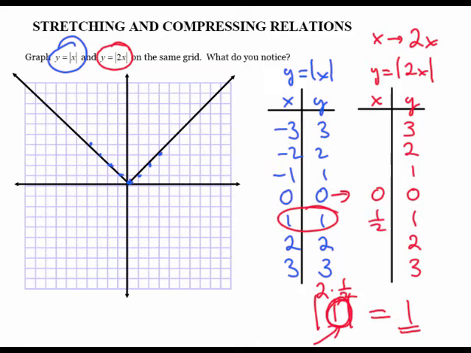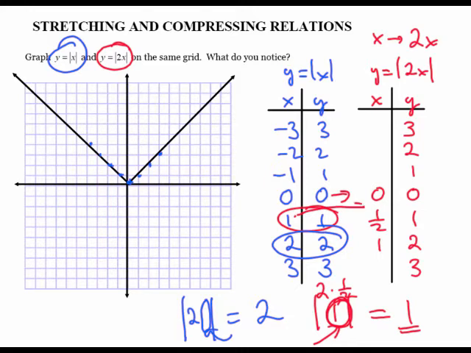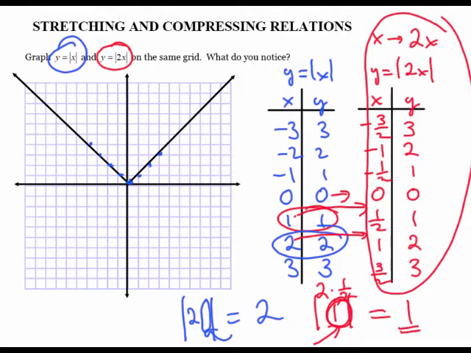Okay, one more time on this next point. So a 2 in produces a 2 out, but if my input's being multiplied by 2 already, then my new input is going to have to be half of what it was before, or in this case, 1. And so what you can see is that all of my x values have to be half of what they were originally in order to compensate for the multiplying by 2 in my equation. So when I graph the transformed relation,